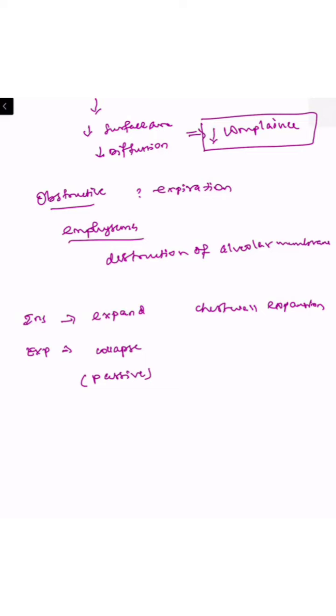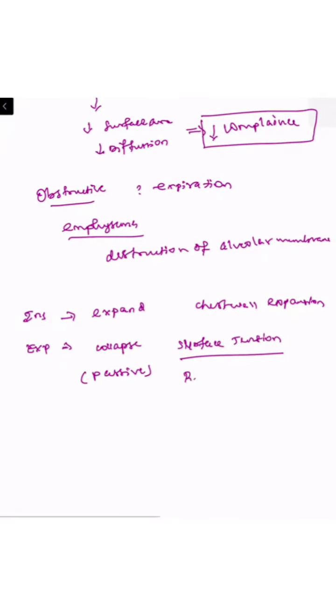the passive method. During expiration, the lung will collapse with the help of surface tension present inside the alveoli, because alveolar membranes are lined by some amount of fluid. So this will create some amount of pressure, which is termed surface tension, which will help in the collapse of the alveoli, which is otherwise called elastic recoiling of the alveoli. So this will cause the normal passive method of expiration.